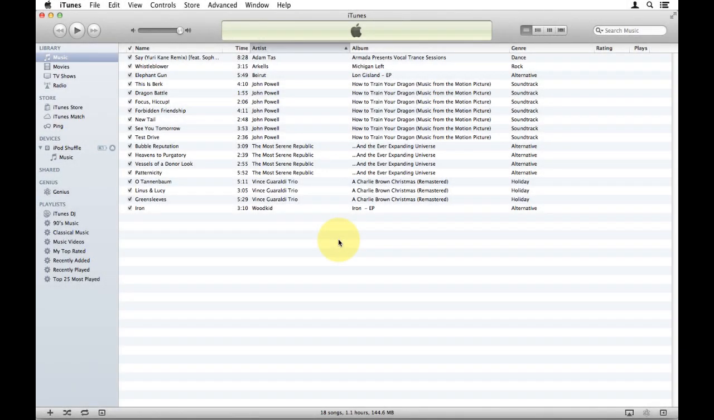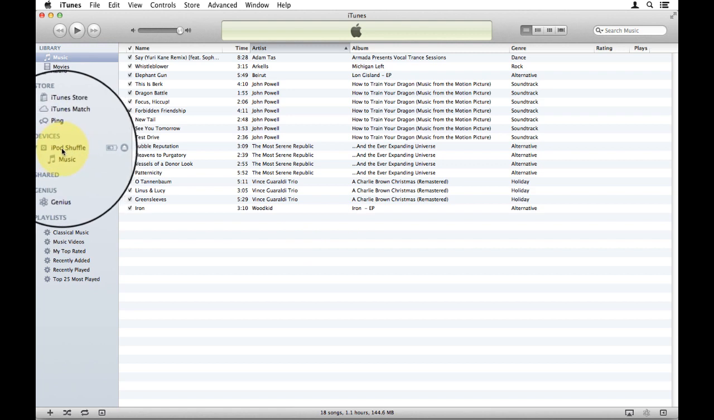Alright, so this is a tutorial to show you how to synchronize music to your iPod. So the first thing you need to do, of course, is to download iTunes and install it on your computer. Make sure all of the music that you need is in iTunes. Then from there, on the left-hand side, it says your iPod's name as long as that's connected. Mine's called an iPod Shuffle, but this will work with pretty much any iPod that you've got plugged into your